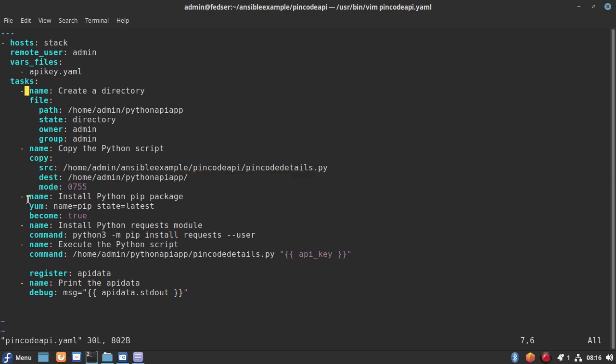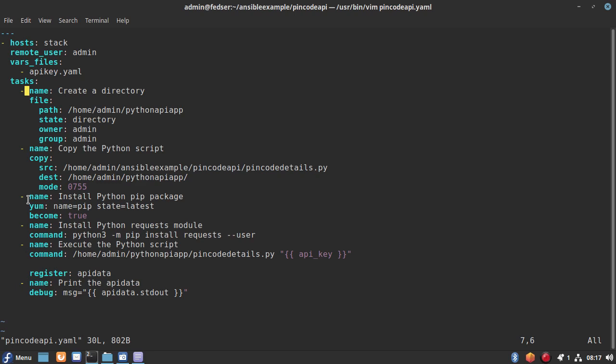Okay, so the next thing is important. If you have a remote node wherein you want to run an application, there might be a chance that the required modules for the Python application, like the requests module, may not be available, or maybe the Python pip package may not be available on the remote node.